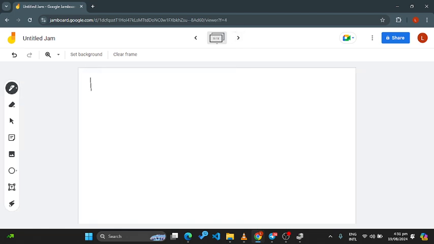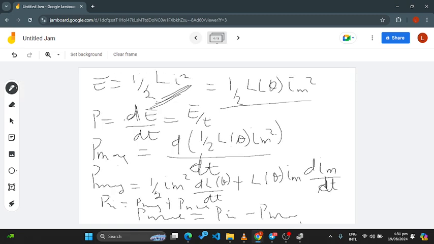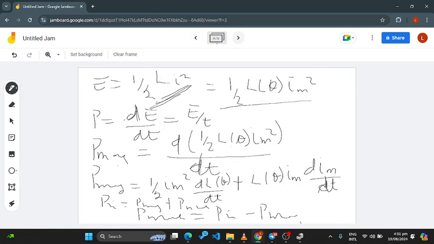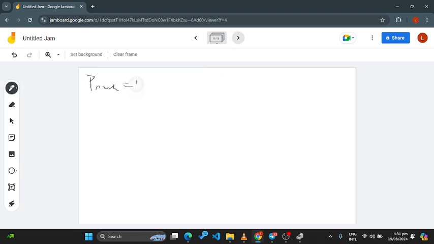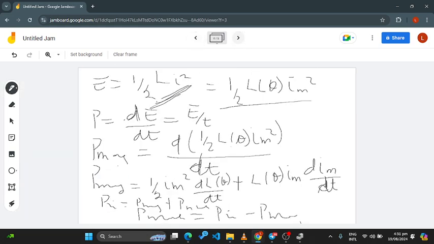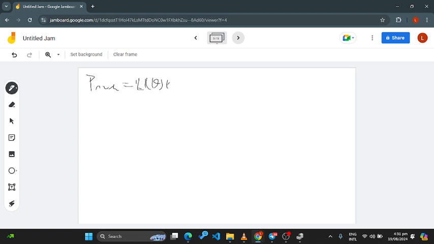So the P mechanical is going to be equal to the P in. Our P in is L of theta Im dIm/dt, plus